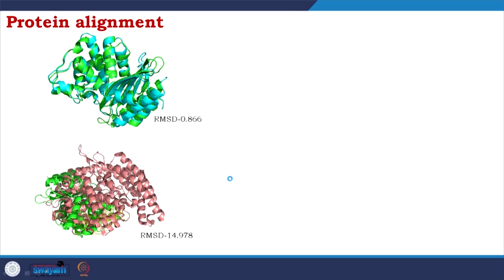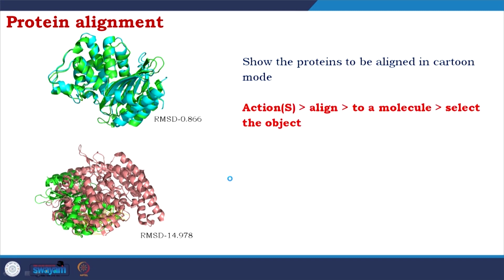I am switching. Protein alignment, I have shown you the alignment. If the proteins have good fold matching, they have a low RMSD value. If the matching is not great, then the RMSD value would be high. As you see here, RMSD 0.866 when the two proteins have nearly identical fold and sequence, whereas when it is not, the RMSD is 14.978. So, as usual, you have to first show the proteins to be aligned in cartoon mode, then action align